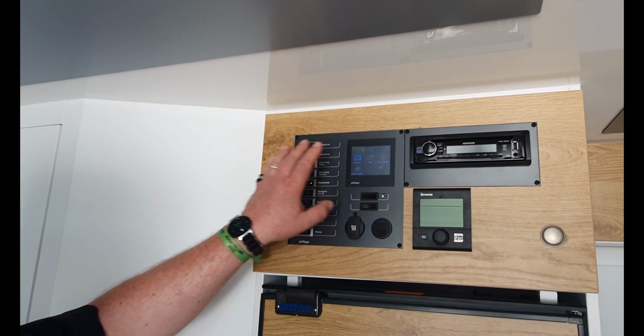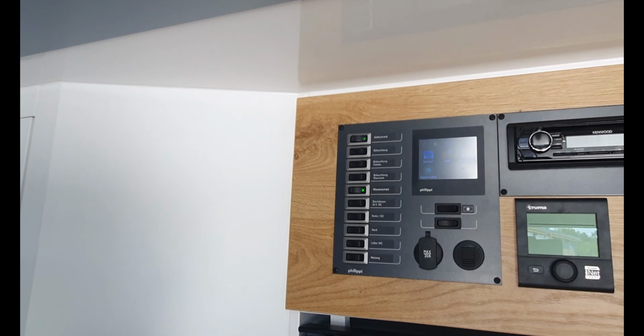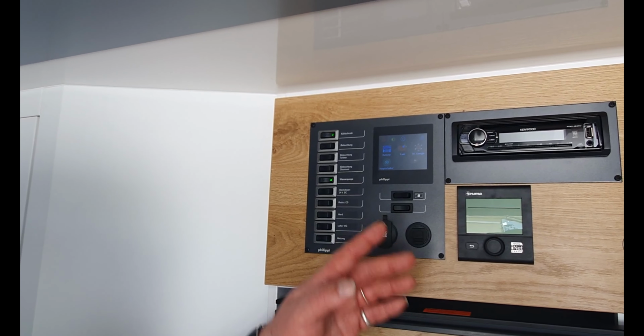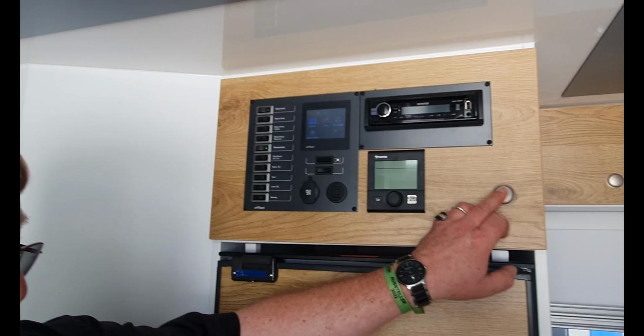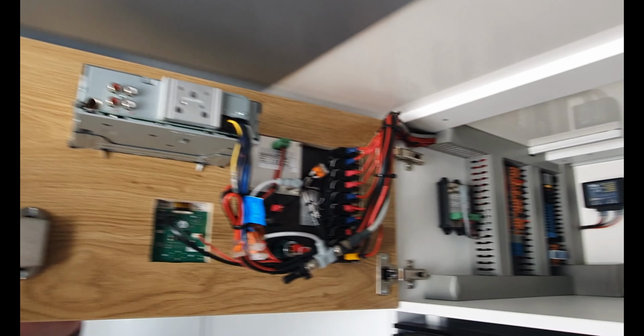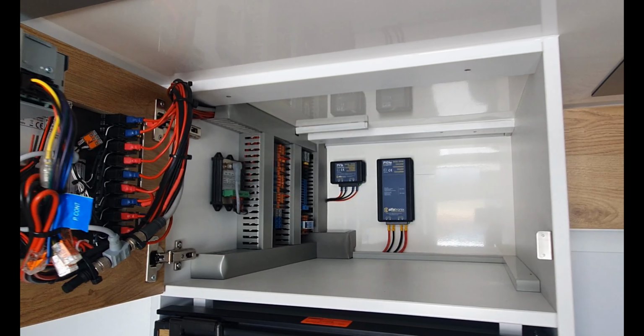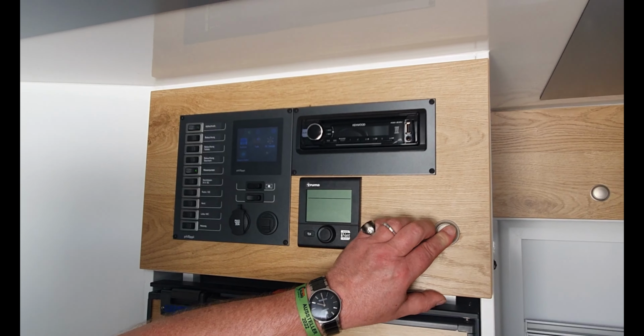You can show it on the touch screen. We have the fuses, radio and the heating, and here inside, clean, no big cows. Yes. And here the